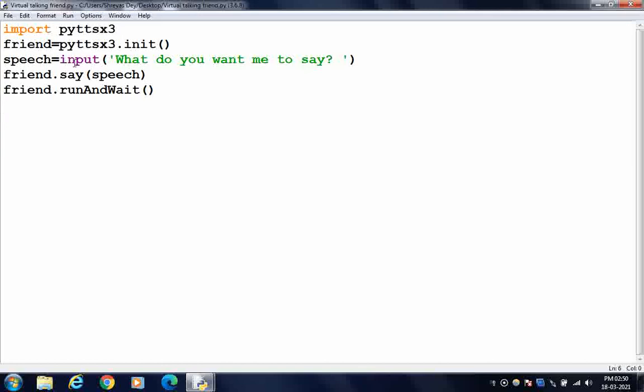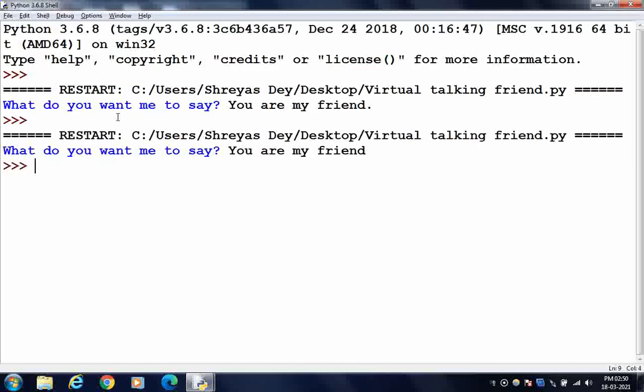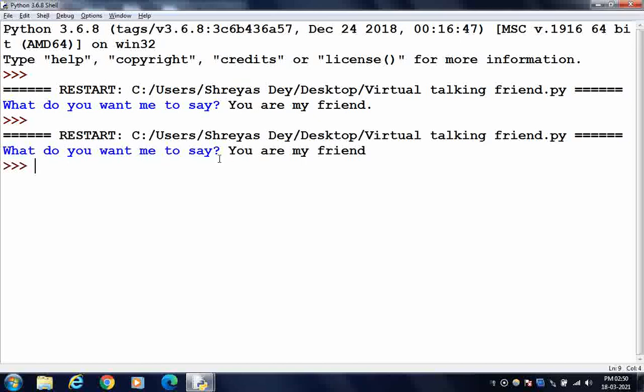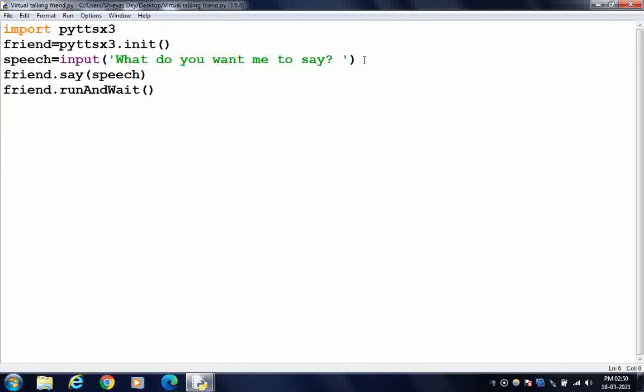Okay, so now let's add one more functionality. When it says you are my friend, we also want this program to print whatever the user has typed. So we'll do that. So after taking the input, it will display whatever the user has typed, and then it will say it, and then it will run the program.